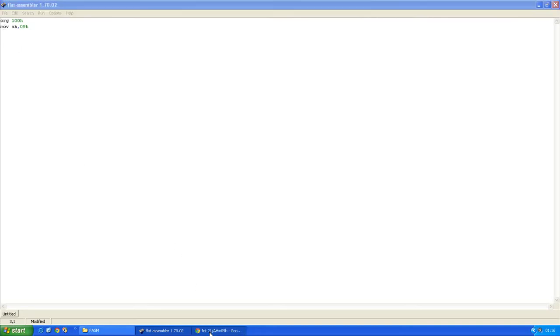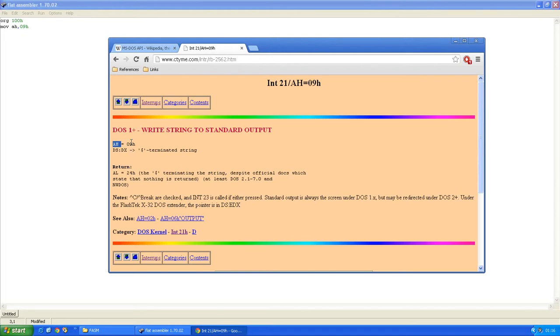Okay, so we've done that bit. We have moved 09 into AH. Now the next bit is DS, DX, dollar terminated string. What does that mean? Effectively, the data segment is something we're not really worried about in the DOS-COM format. That's going to be more when you move up to a segmented executable program. So at the moment we can ignore the DS part, and we need to load effectively a dollar terminated string